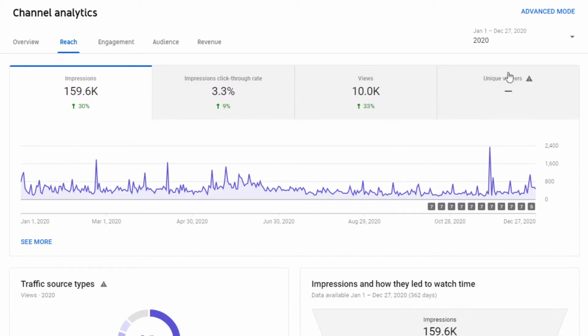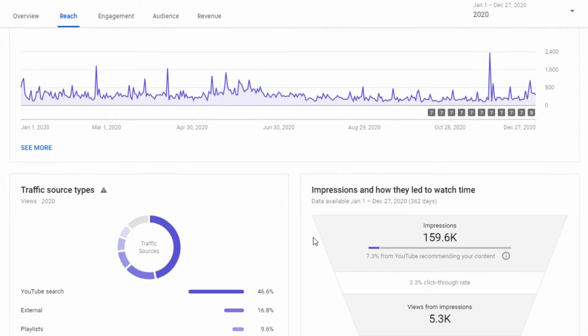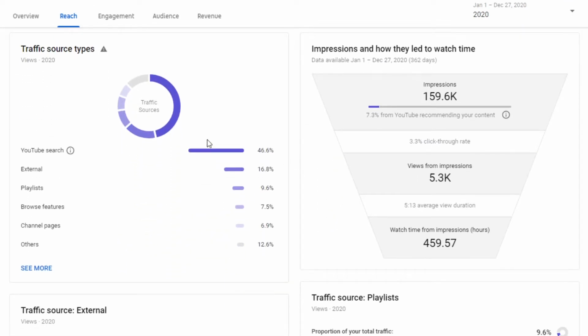And unique viewers, we don't get to quite see this one because you need a smaller window of data to determine how many unique viewers there are. At least it's less accurate. But they also take the time to break down some of this extra data, and you can see why people actually click on my videos. So people searching for stuff. I have no idea what this one really means, but some other reference, maybe it's if I posted a video on Facebook, which I don't do, but something like that would be where this falls into, I think.